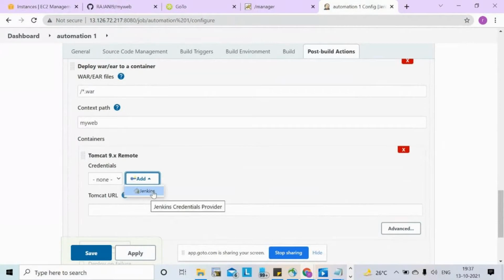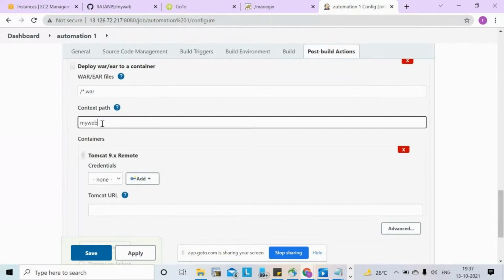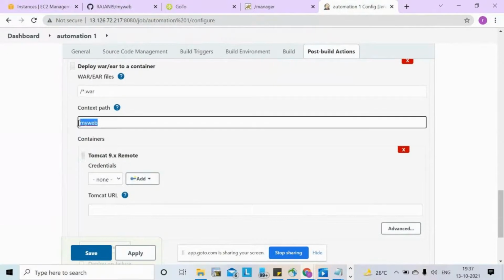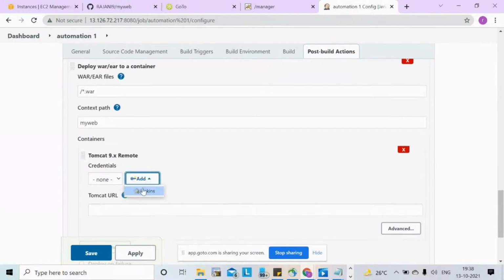The path, only you're giving my web, that is enough. Yes, this is enough. Here we have given the path slash star star slash star dot war my web, and we have selected the container of Tomcat.